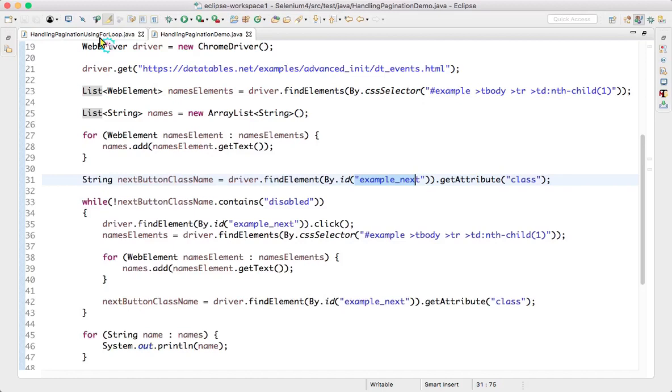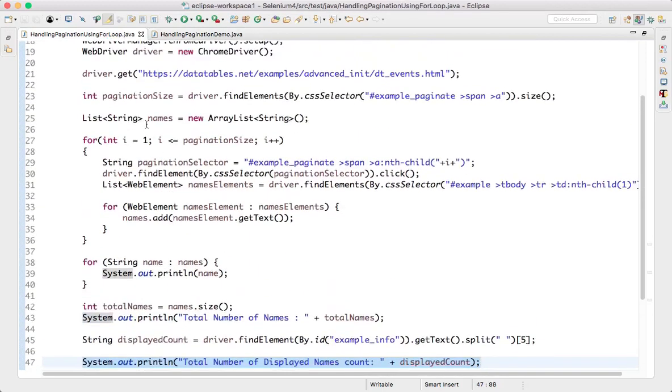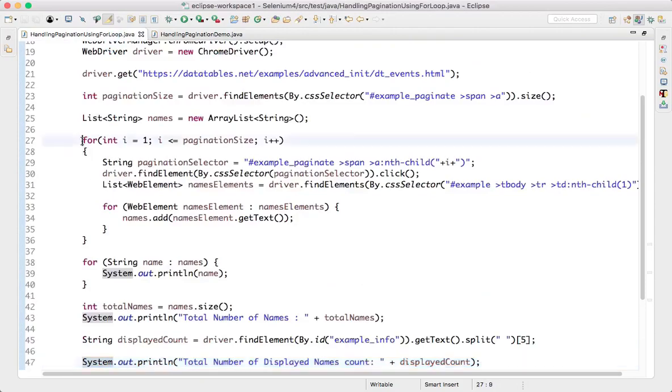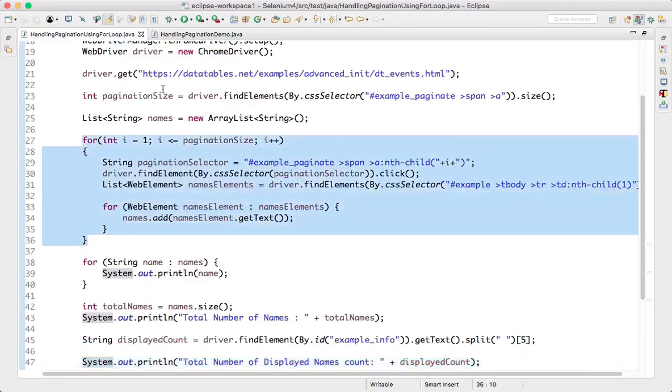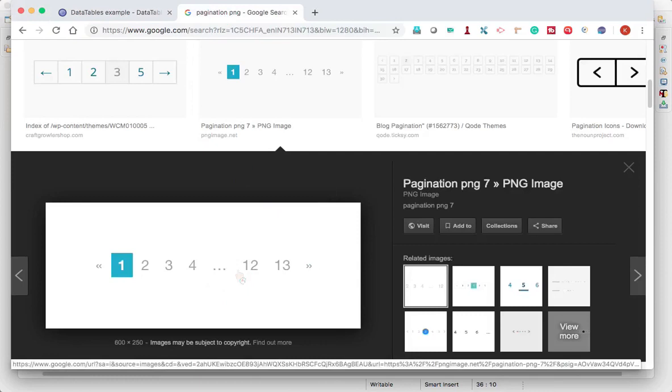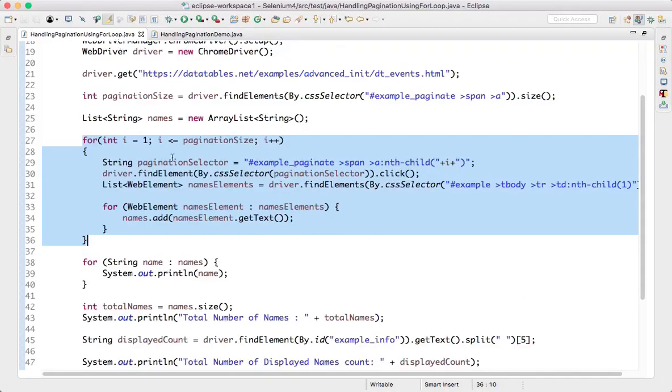In our previous video, I have shown it using a for loop. That is a bit simpler when you compare to this, but that logic is not unique. The reason is, we already saw that if the pagination is very different, something like this, this time I don't know how many pages are there. So that time the for loop may fail. To understand that, please watch this video also.